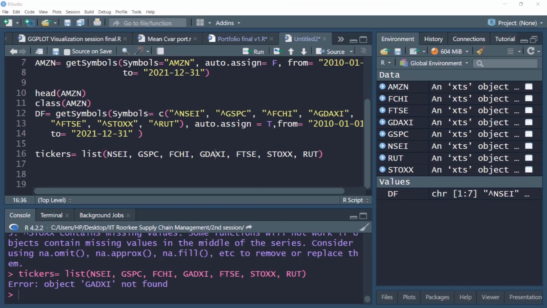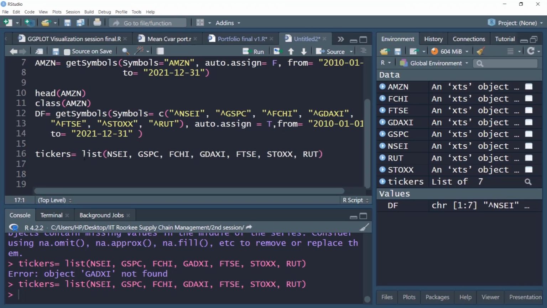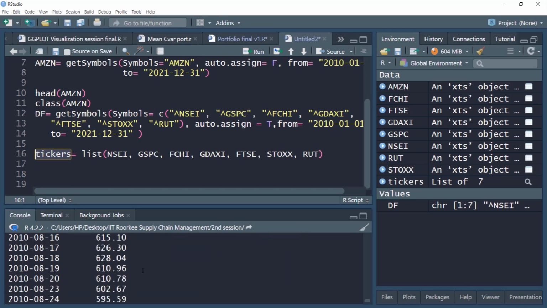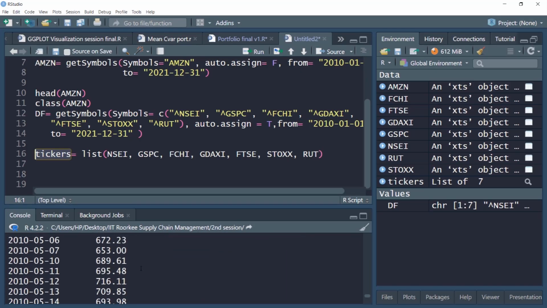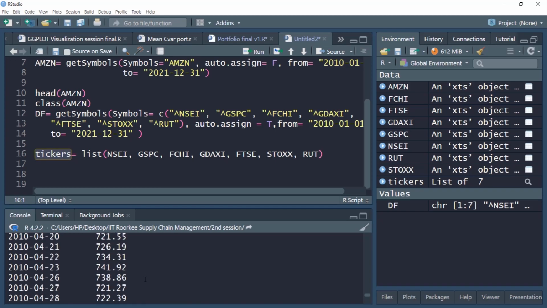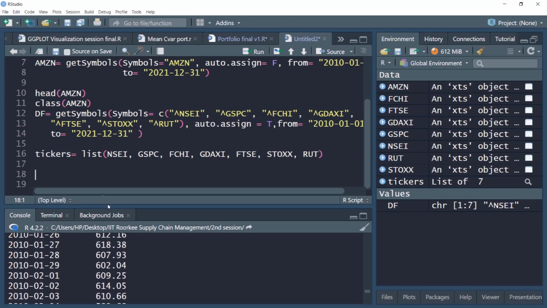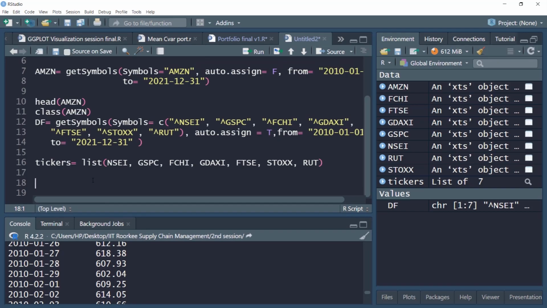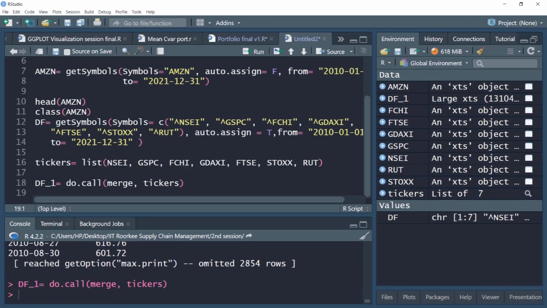So now I'll run this command and create this object tickers, which is a list object. If I print this tickers object, notice it carries the consolidated thing. These are all in list form, so each object is contained individually. So I'll bind them together. Let's create a new data frame df1, which will essentially bind all the objects. Let's use this merge command to bind them. It will bind all the objects. Once I have bound it